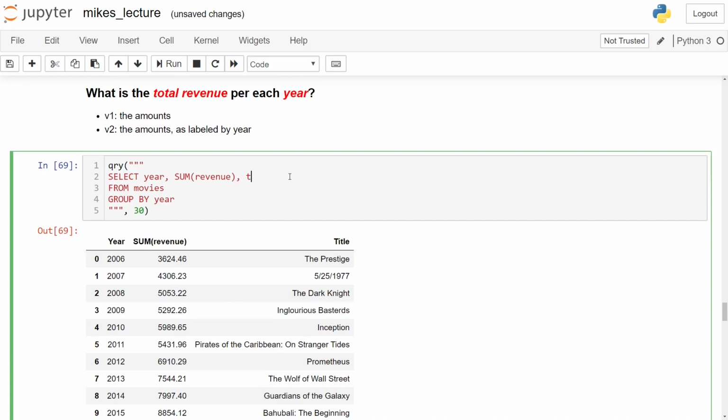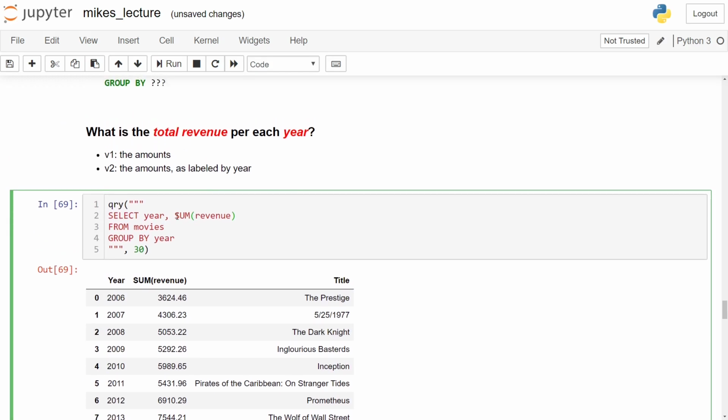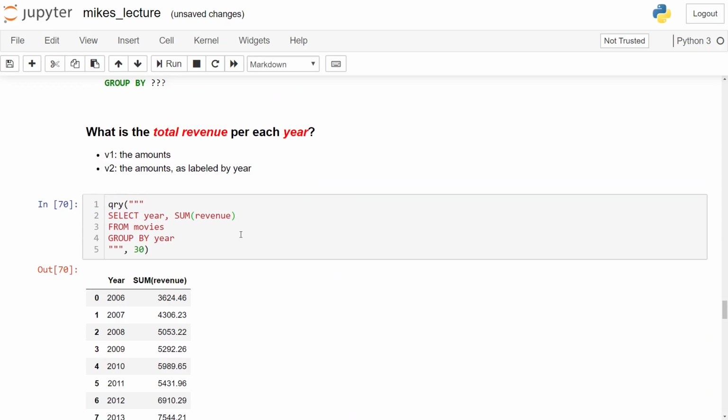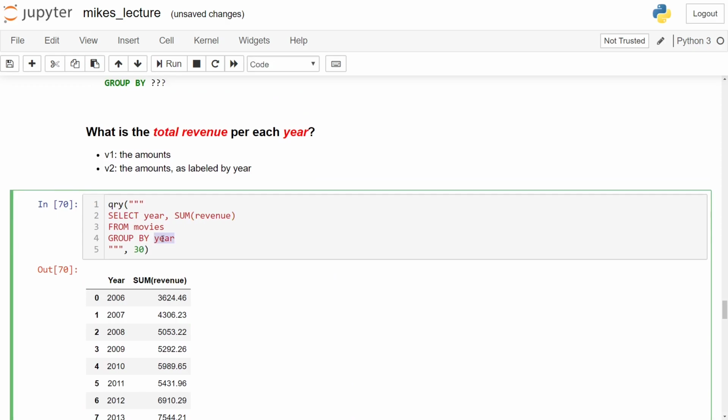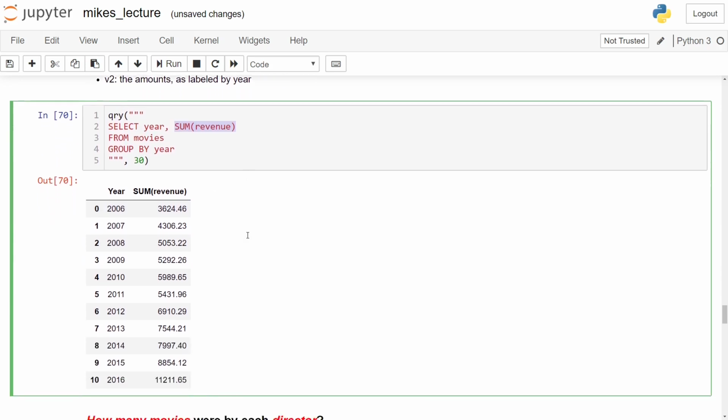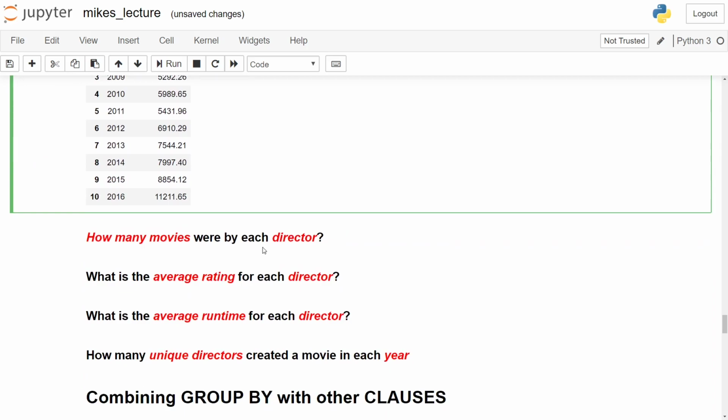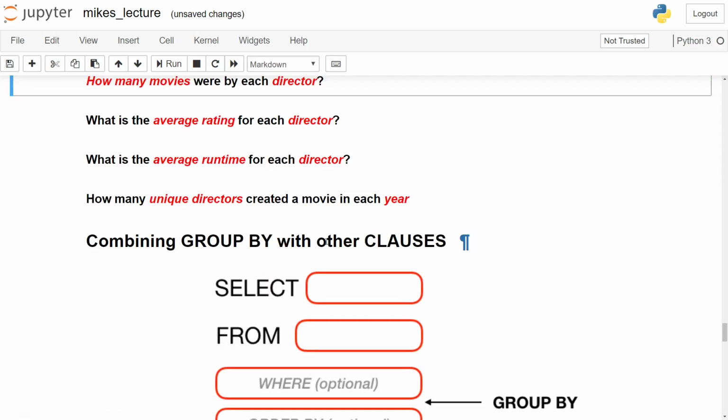Don't ever do this. Once you've bucketized, only include aggregate data. Something else, anytime I use the word group by, that should be one of the things I'm selecting. Whatever's here goes here. Everything else gets some sort of aggregate function, sum, max, whatever, something where it's going to be analyzing the entire bucket of data. Because this is basically the key for the bucket, and this is the value, and we only get one thing here. Okay, so let's take a look at some more examples of this,